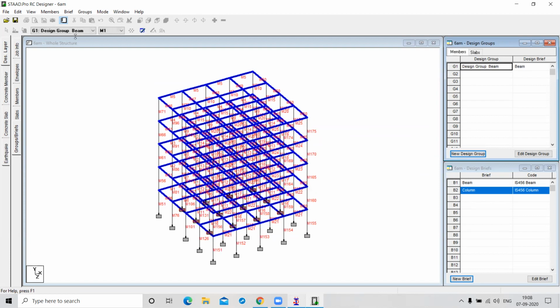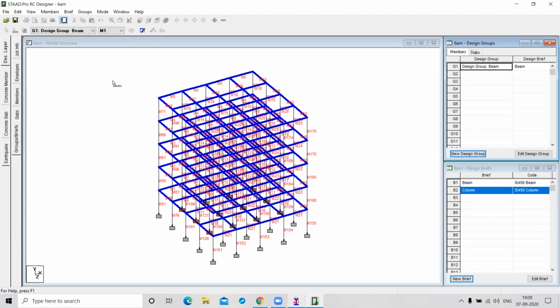See, the group is created, one group. Here is the list of members selected for the design group. If this list is not coming, that means your design group is not created correctly.